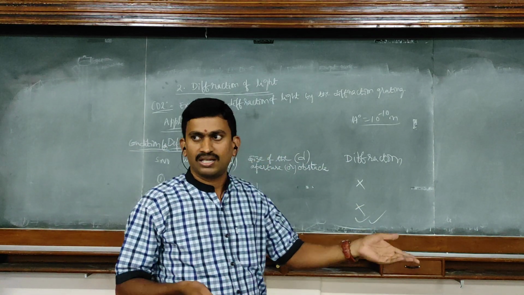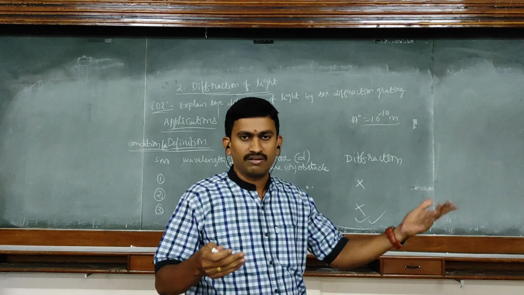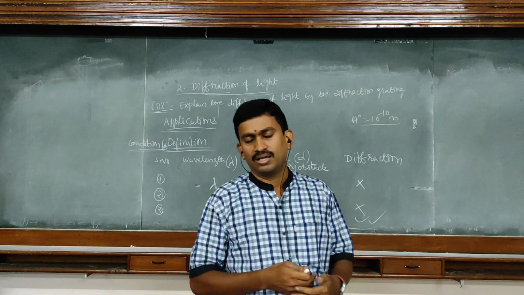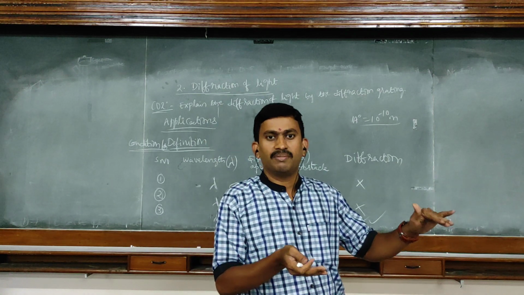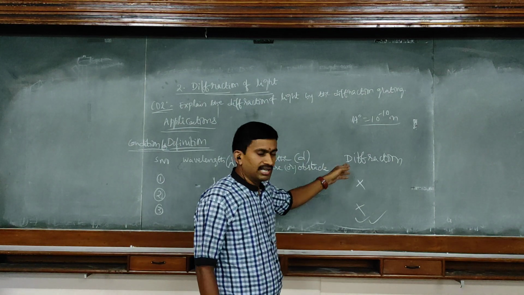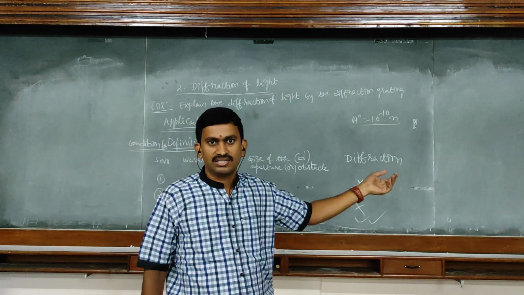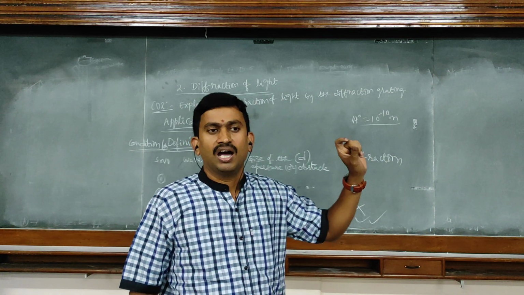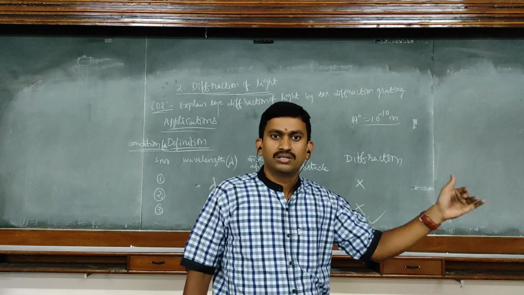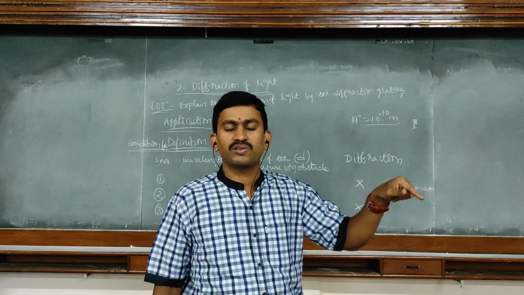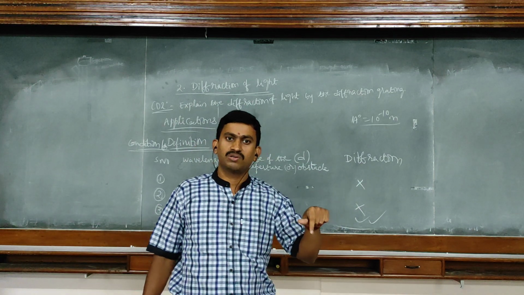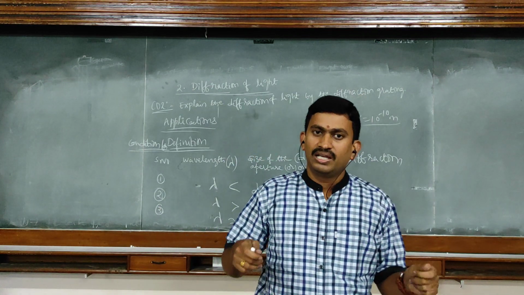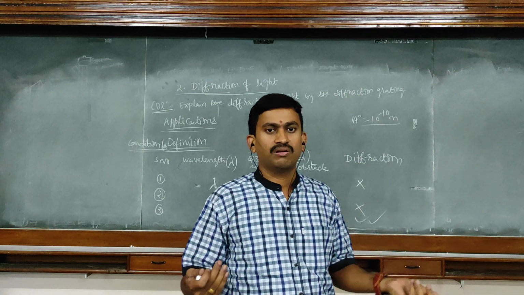Whereas the size of the aperture here in the room is nothing but the doors and windows. The size of the doors and windows is approximately 2 meters or 1 meter. Then 1 meter is very much greater than 10 power minus 10 meters. Hence the light can't diffract here. Whereas the sound wave's wavelength is approximately equal to the size of the doors and windows. Hence the sound waves can diffract and we can hear the sound generated in the neighboring room. This is one of the best examples where we experience diffraction daily in our regular life.